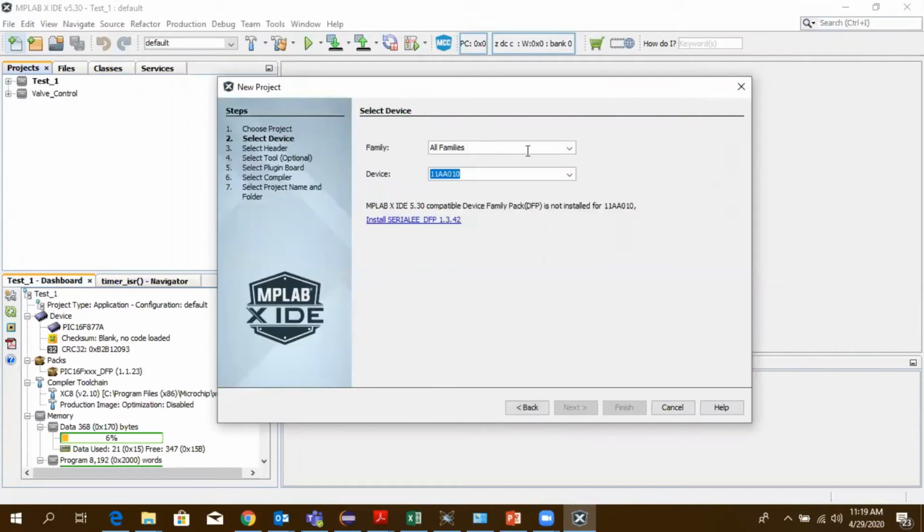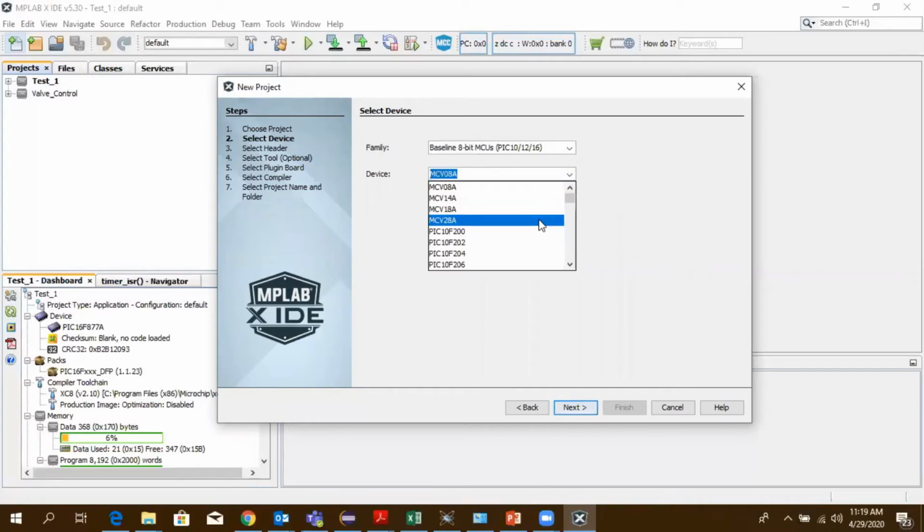You need to select the device which you're going to use. We are going to use an 8-bit microcontroller.